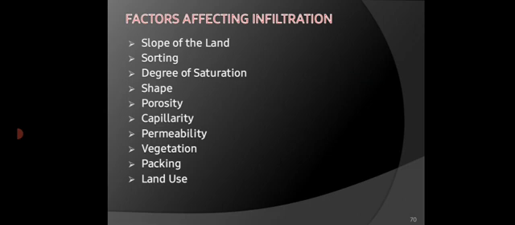So here, if you are going to write the factors affecting hydrological parameters, then you just have to show the relationship between that factor and the hydrological parameter. The factors are almost the same: atmospheric factors, soil type, and water quality. The same factors we have to discuss for all three or four hydrological parameters, whether they increase or decrease.